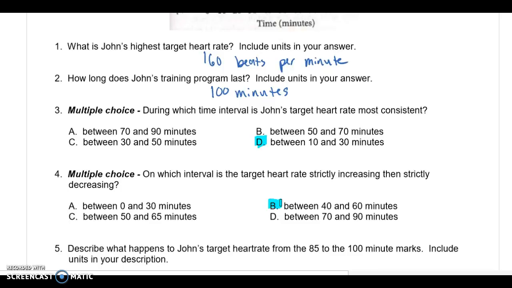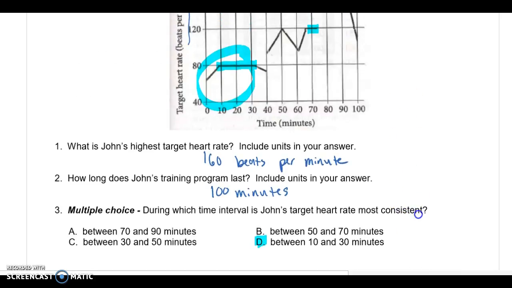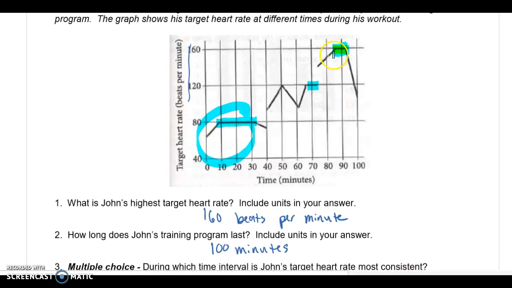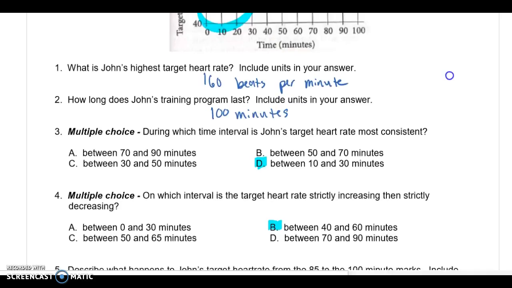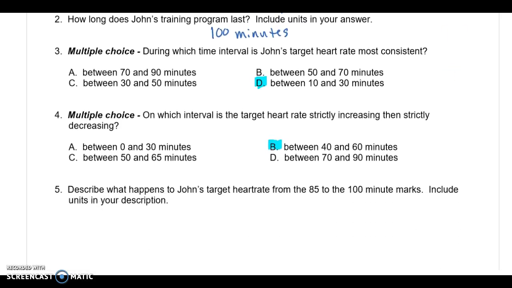Question 5 says, describe what happens to John's target heart rate from the 85 to the 100-minute mark. So here we have 85 minutes is somewhere in here, and then 100. It looks like at about 85, his heart rate is going to increase to its maximum and then abruptly decrease at about, let's say, 93 minutes. And we want to include units in our description. So again, we are going to say